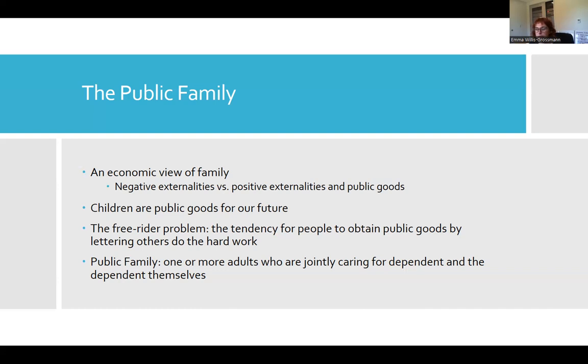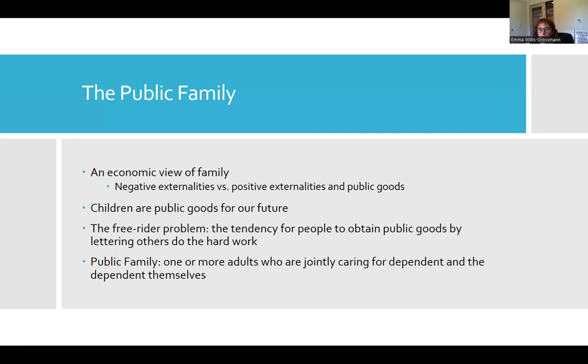And when we think about joint care, keep in mind that joint care can mean multiple things. It doesn't have to mean that the care is limited to a husband and wife with children, and can include multiple types of couples or multiple types of family members that either live together or do not live together. But they are caring for someone who's dependent. That is the key when we look at a public family: what a family is in the public sector is that they have a dependent.